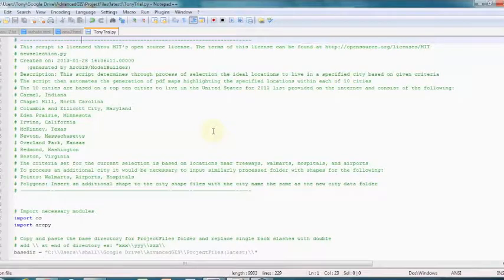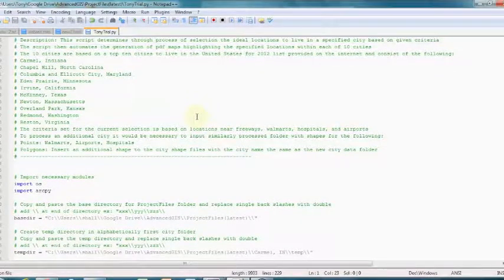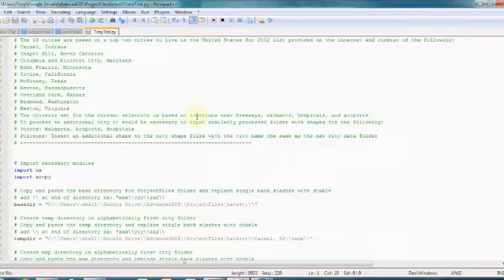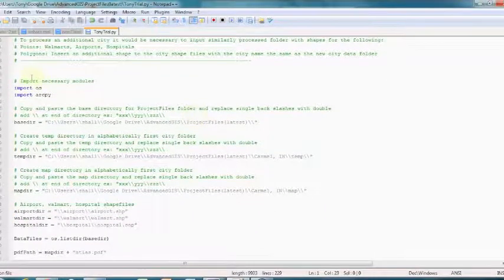So we open with our MIT open source license, and we've gone ahead and commented out the cities that we are most interested in. We've chosen 10 here based on the top 10 cities to live in the United States from a 2012 list. So we go ahead and import the necessary modules, import OS and import ArcPy, and then we go ahead and